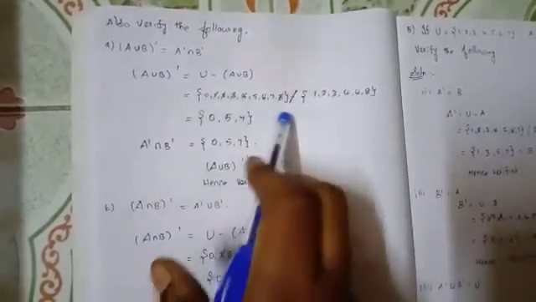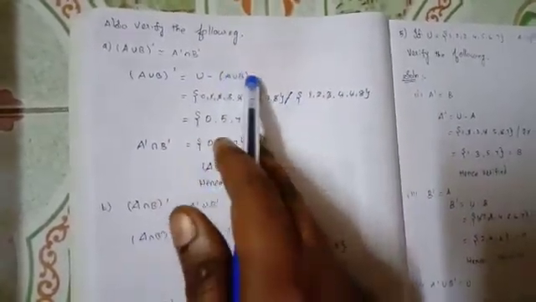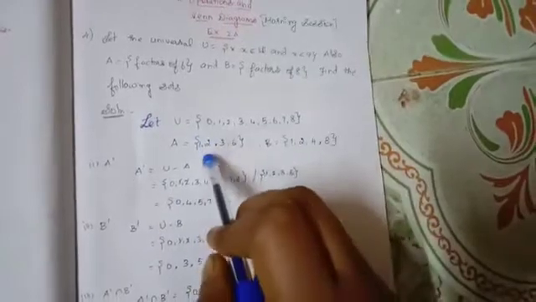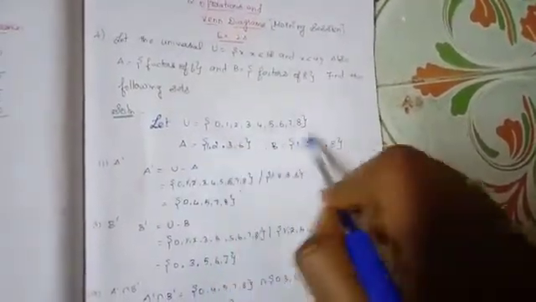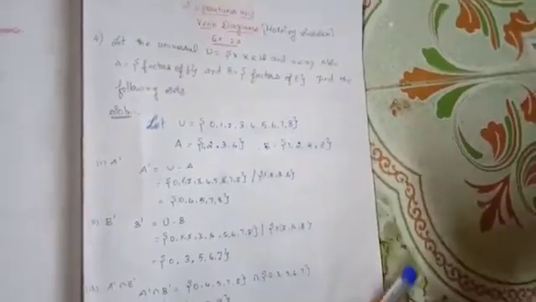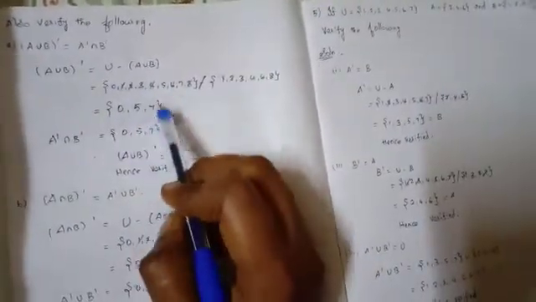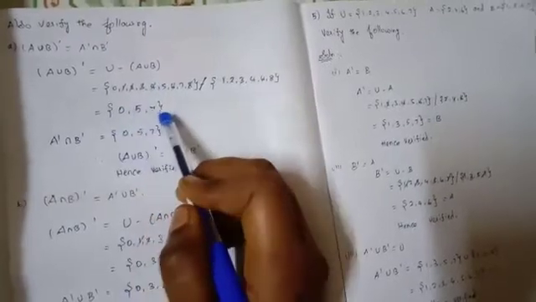So already you know the universal set minus (A union B) means all the terms in A and B. You already know the A set and B set. So union means all the terms of A and B: 1, 2, 3, 4, 6, 8. So these are the A union B. So you take that answer straightly. And now the common terms will be cancelled, and the remaining answer in the universal set is 0, 5, 7.